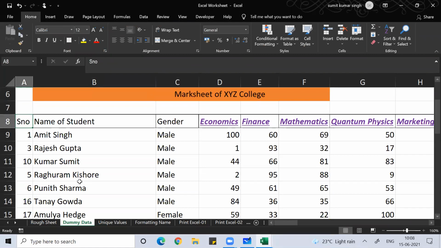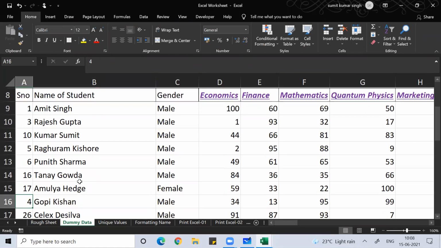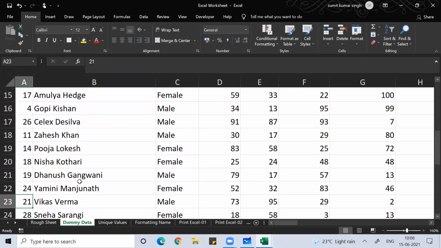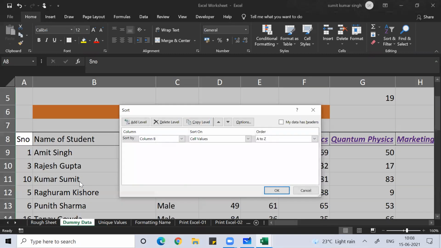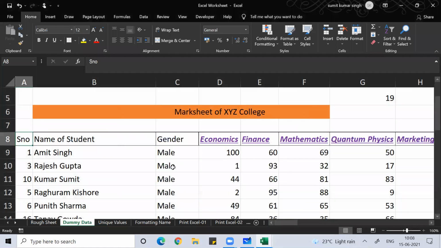Next thing, the serial numbers are not arranged in ascending order. I can arrange them in ascending order by going to Sort, Alt D S. It is asking me what I want to sort. It's not understanding exactly because you can see at the top a lot is written, so it's not able to understand.